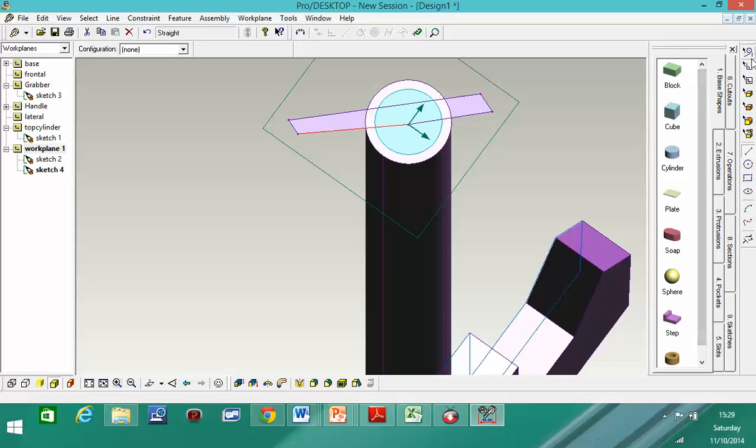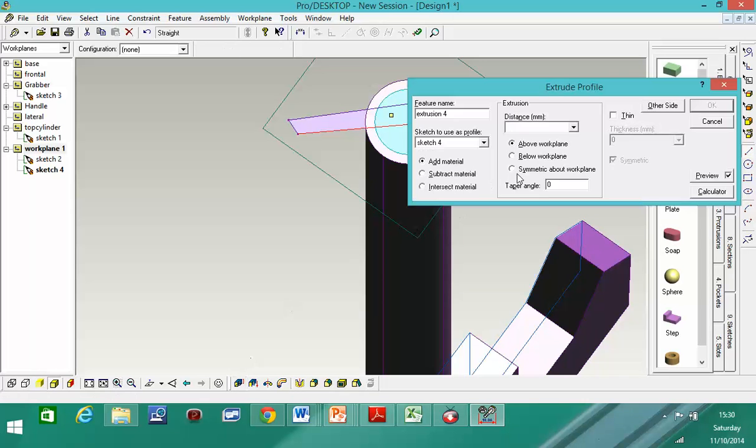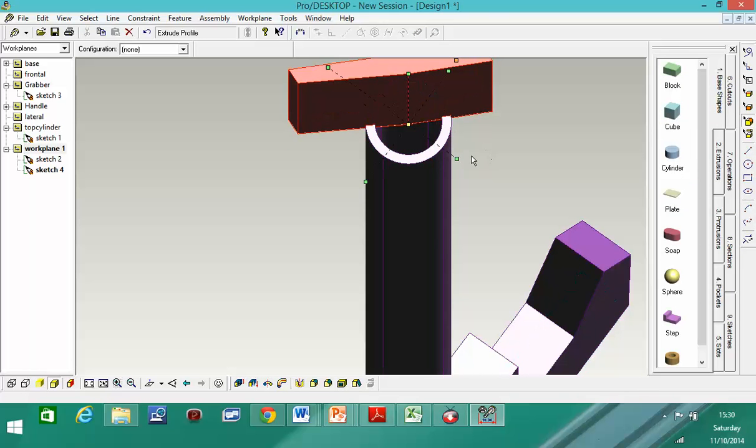I will just draw a grabbing in two direction one. Okay, if we go on to extrude it by saying about 100 mil. Add material, say okay,